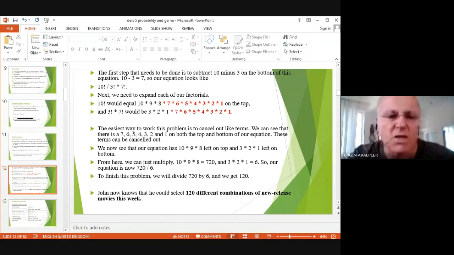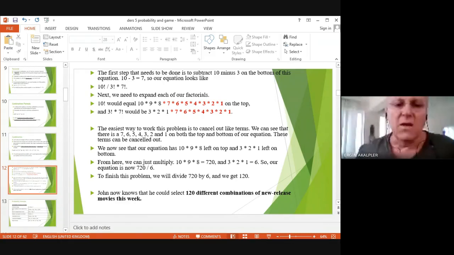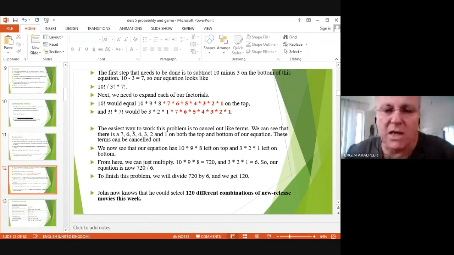Due to this application, then we have 10, 9, 8, and of course 7, 6, 5, 4, 3, 2, and 1 on the top, and on the bottom is 3, 2, 1 multiplied with 7, 6, 5, 4, 3, 2, 1. You can reduce this because these are in the denominator and the numerator is similarly realized, and you cancel the 7, 6, 5, 4, 3, 2, and 1 from the